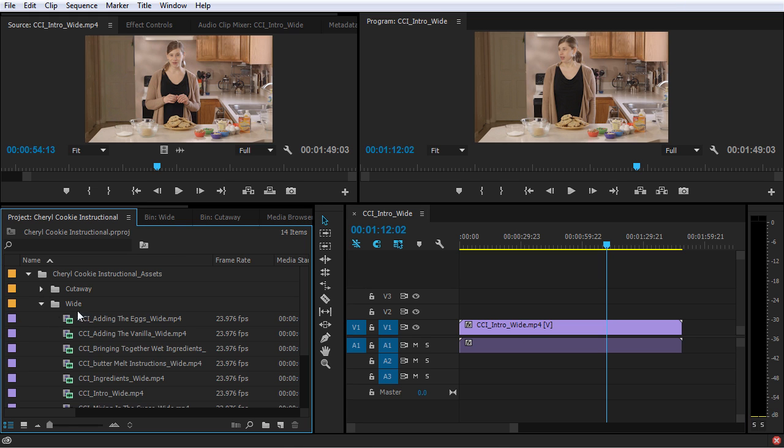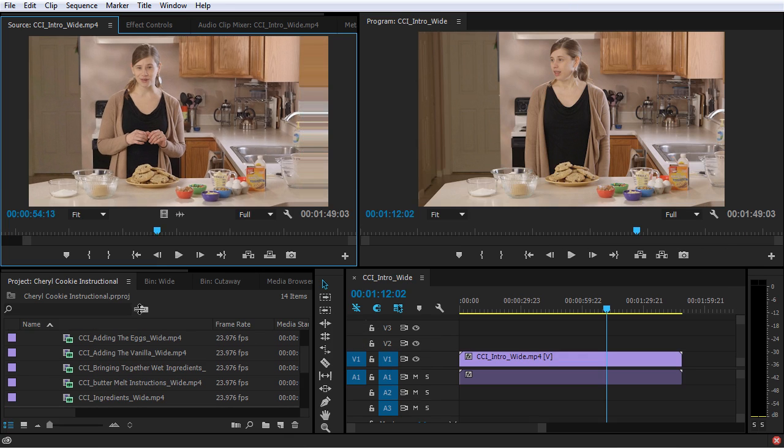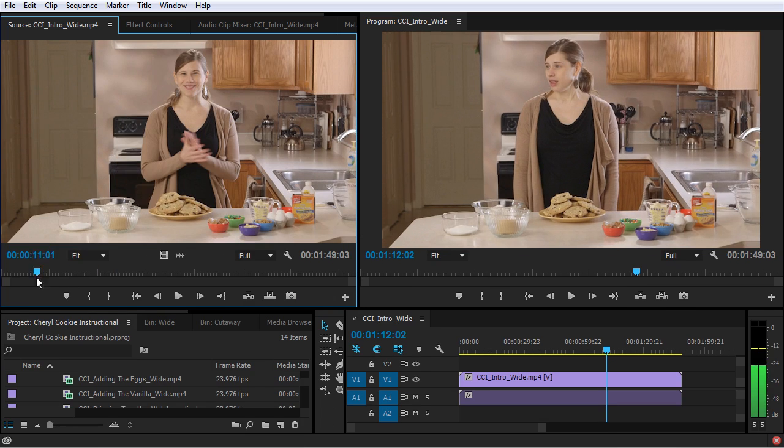So if I jump back here to the project panel and I double click on the intro, that's going to open up here in the source monitor. Now if I move the playhead all the way back to the beginning,